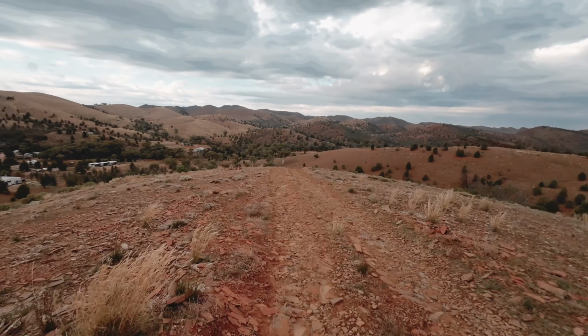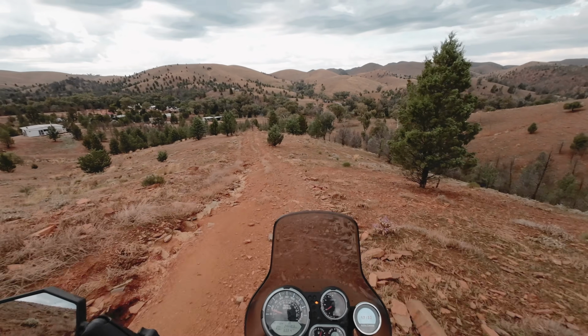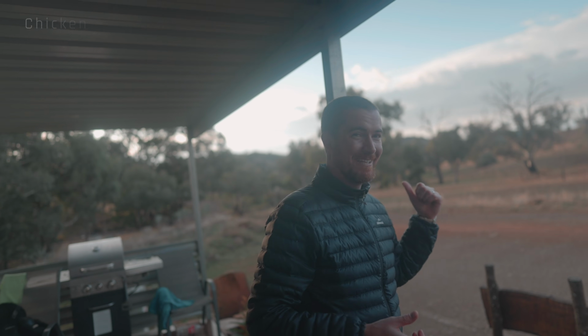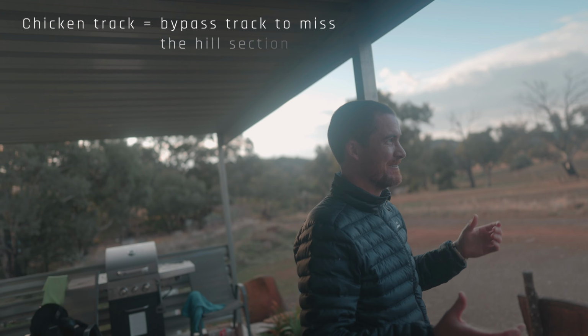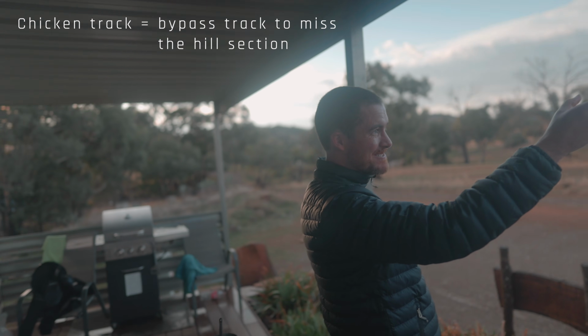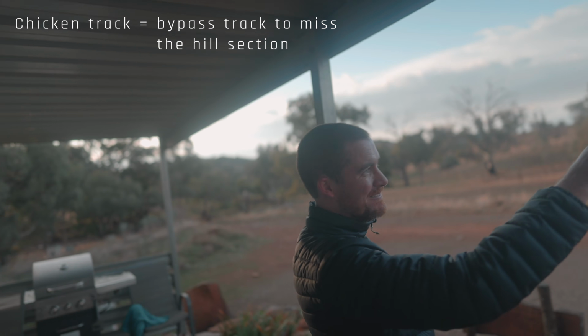At the bottom, I got pulled up by a group of guys who had also ridden the track today. Woody described what they'd just seen. We all ran back on the chicken track because it was raining. Anyway, got that sorted. We're all sitting here up on the hillside with this beautiful silhouette and this little putt